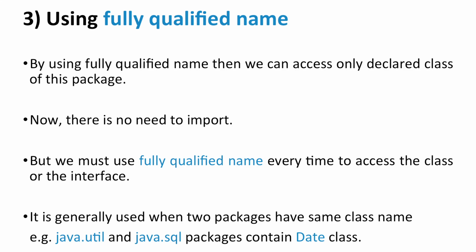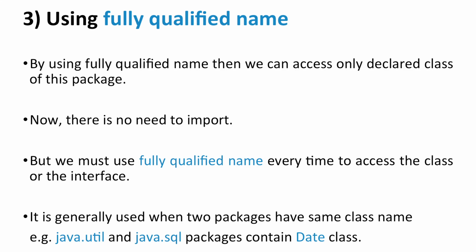So the import keyword will not be used, there is no need, because we are providing the fully qualified name of that particular class as well as the sub package. Now in this third method we must use the fully qualified name every time to access the class or the interface, because there is no link which was previously provided by the keyword import. So we will be using the fully qualified name every time, whether we want to create an object, we have to use that fully qualified name to access the class or